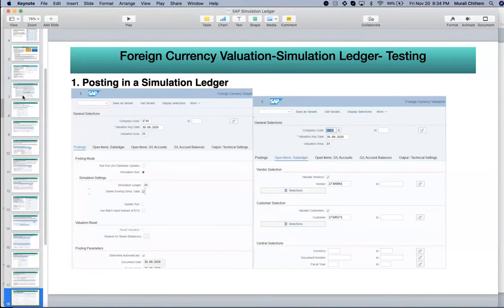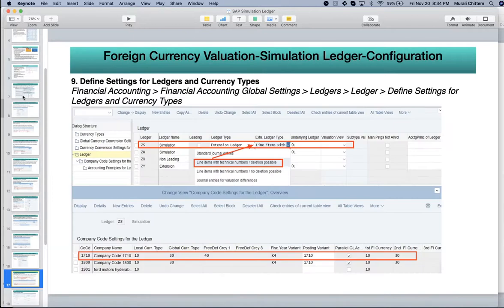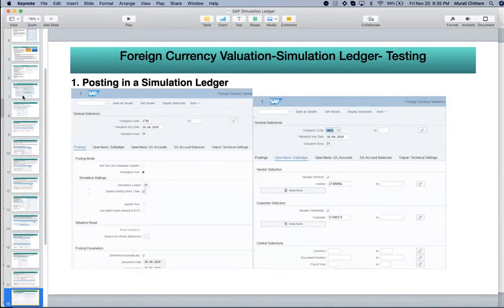So I just kept screenshots here, then we'll simulate this again because I simulated for the September month. I forgot to put the transaction code, as I said. Okay. So this is the basic foreign currency valuation transaction code. There is no difference except this